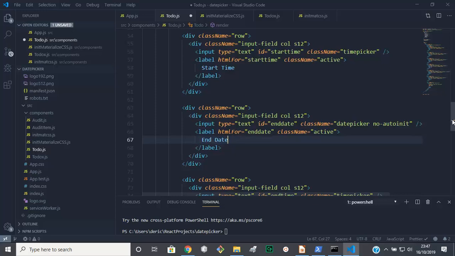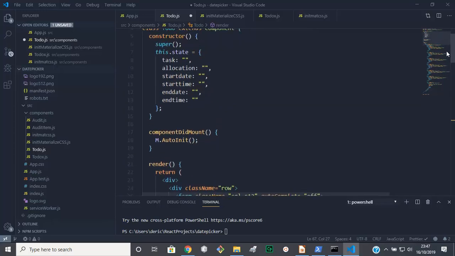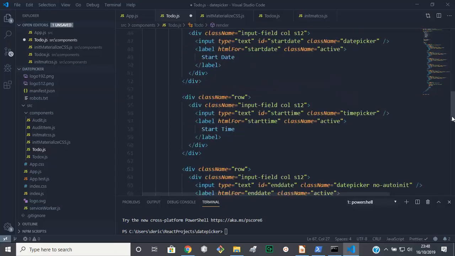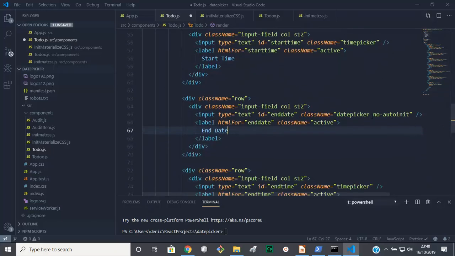So what this means, in this process with auto init, regardless of this one here, no auto init, it will pick up this date time picker and is going to still use the default settings. So what we need to do is change this class here to anything,